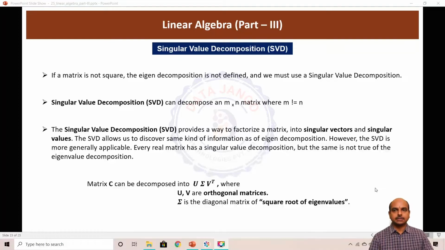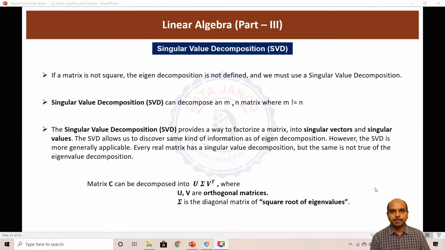Hello and welcome back. So far we have covered lots of linear algebra, including vector algebra, and we have understood what eigenvectors and eigenvalues are. Let us try to understand what singular value decomposition is, a very important linear algebraic concept used in many areas